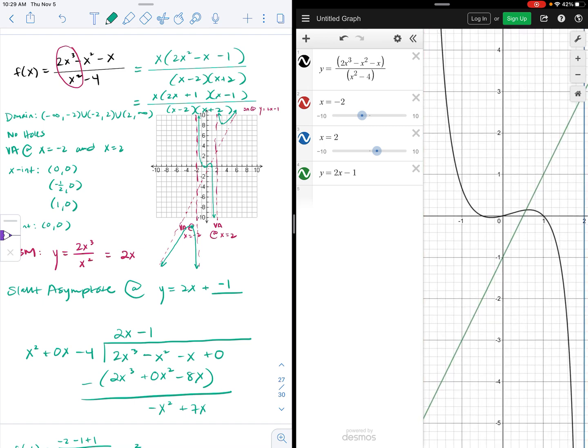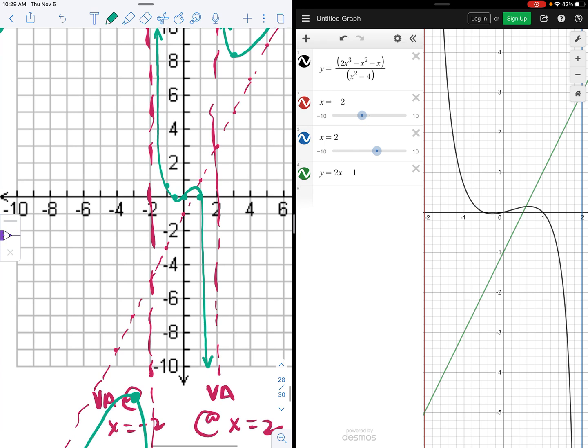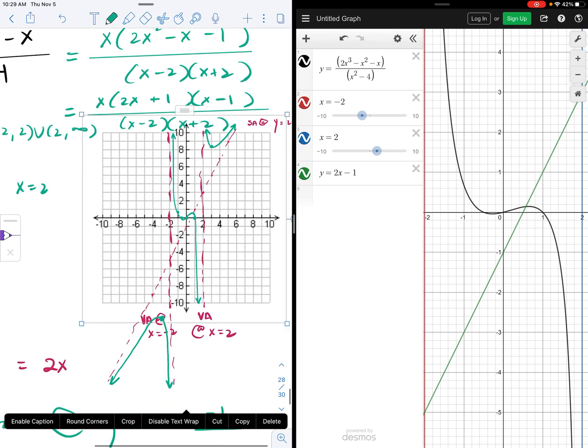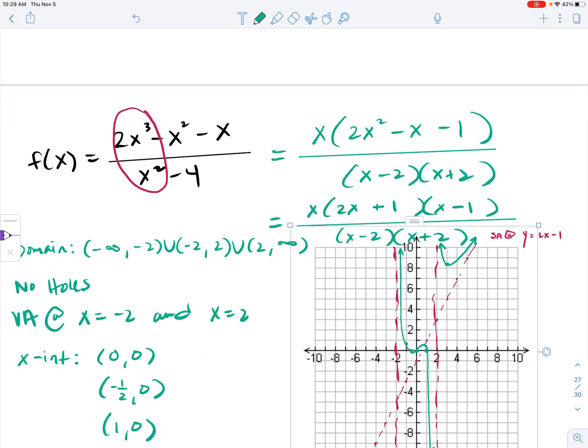And if we zoom in, because this is where we weren't exactly sure, you can see that our graph does look pretty similar. And we knew that each of the multiplicities of the zeros was 1, so they crossed. So our graph is actually a pretty good sketch. So these were 2 examples of rational functions that have slant